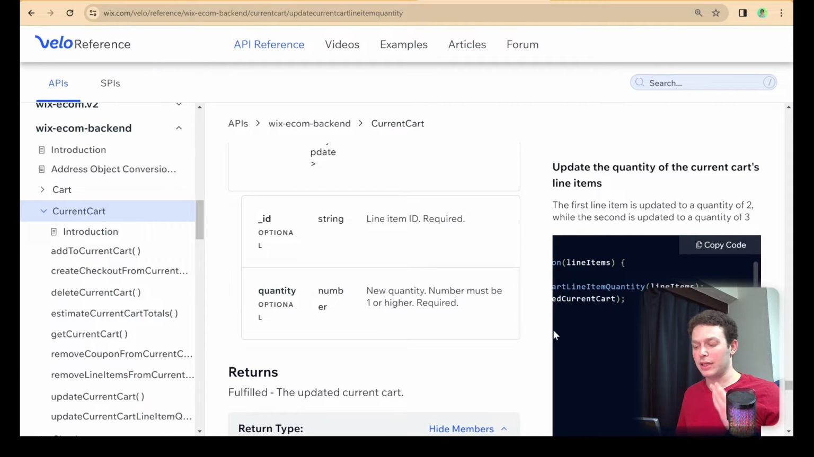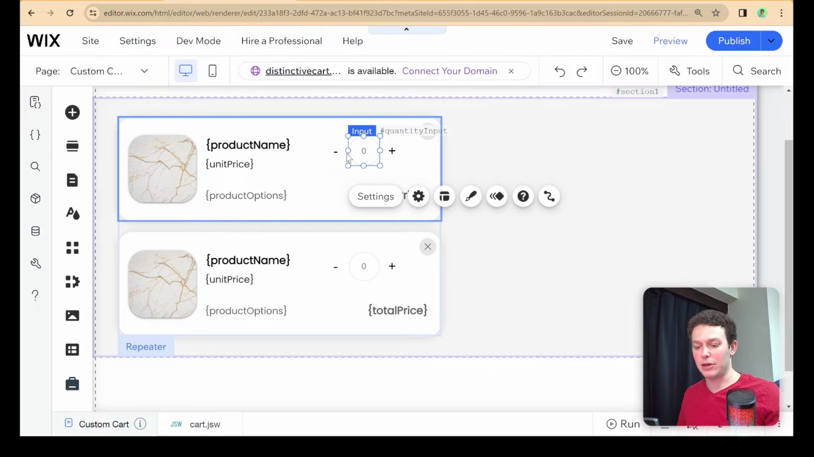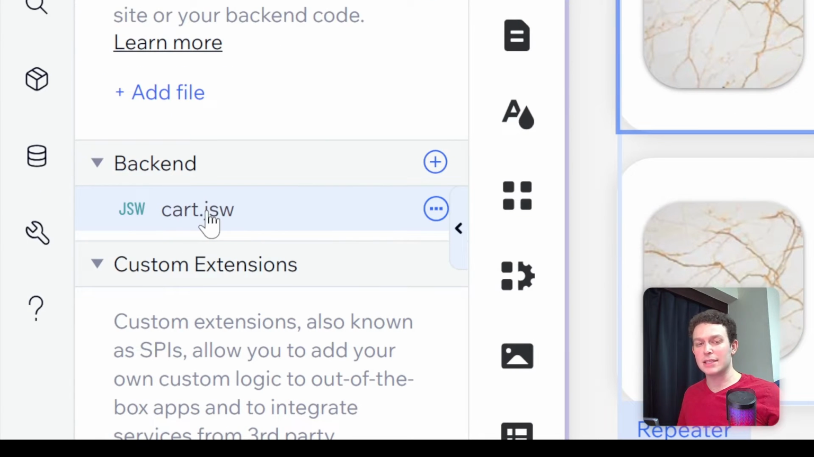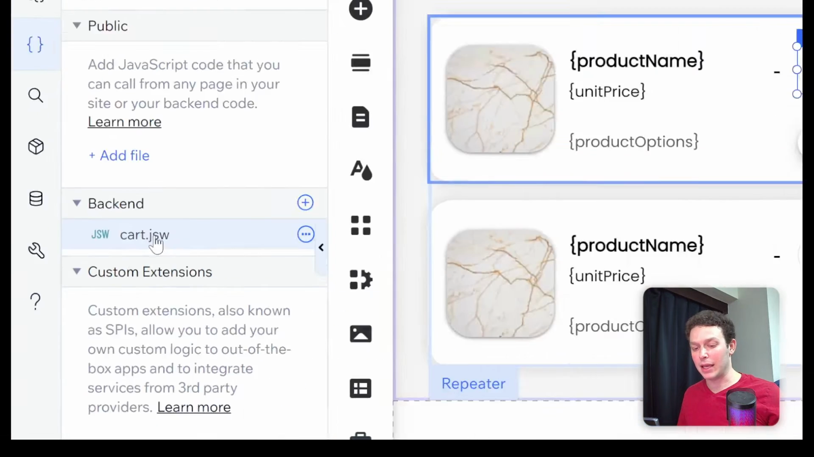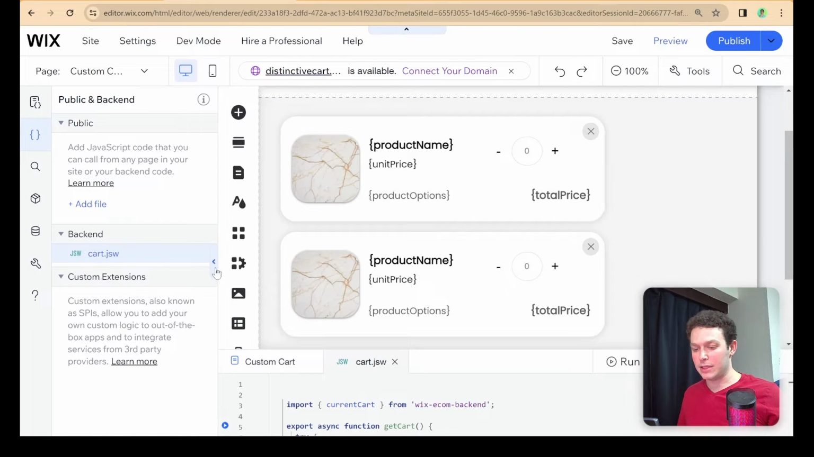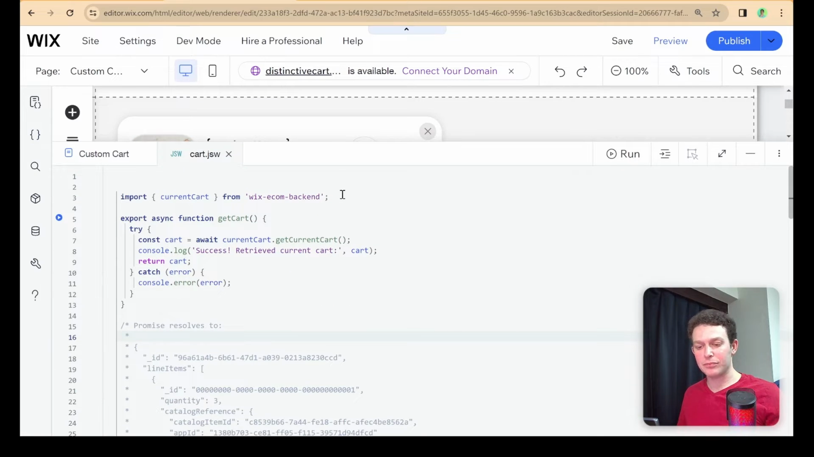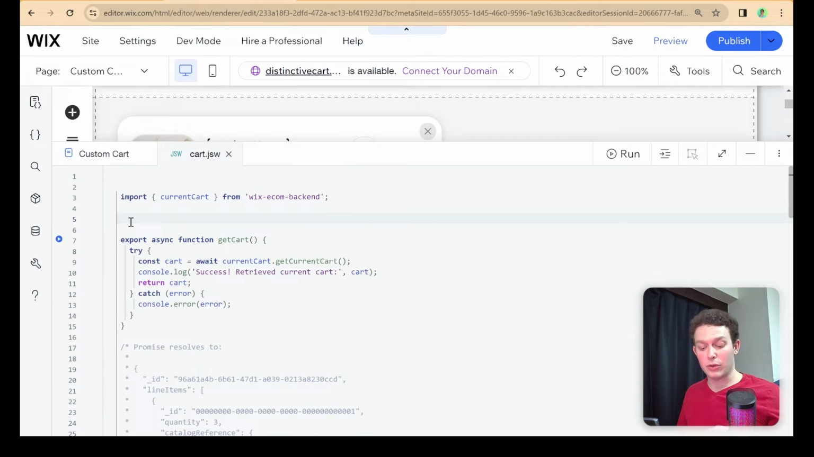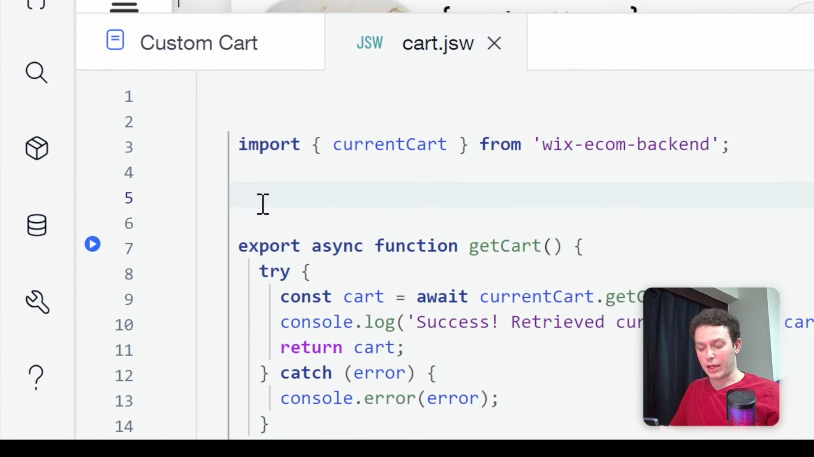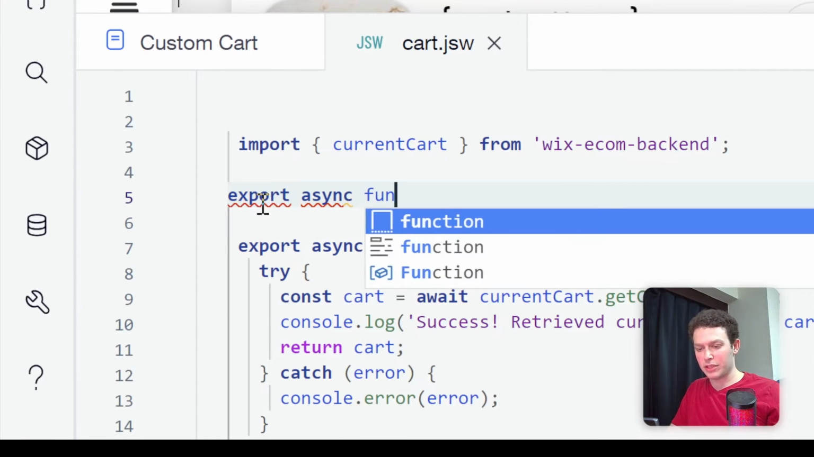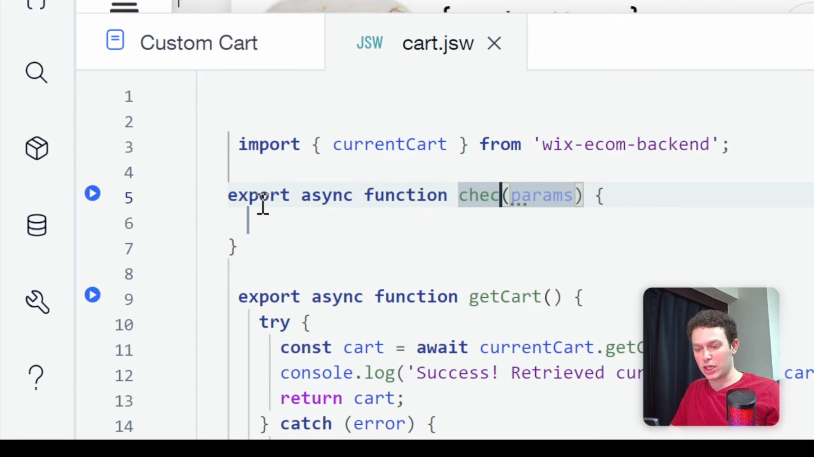But first we should start with setting up this function on the back end. So I'm going to go back here into the editor, and specifically I'm going to go to this cart.jsw file, which we already created in the back end. This is where I'm going to write the function which will change the quantity. So let me go ahead and create a new function here, and it's going to be export async function, and I'll call this change